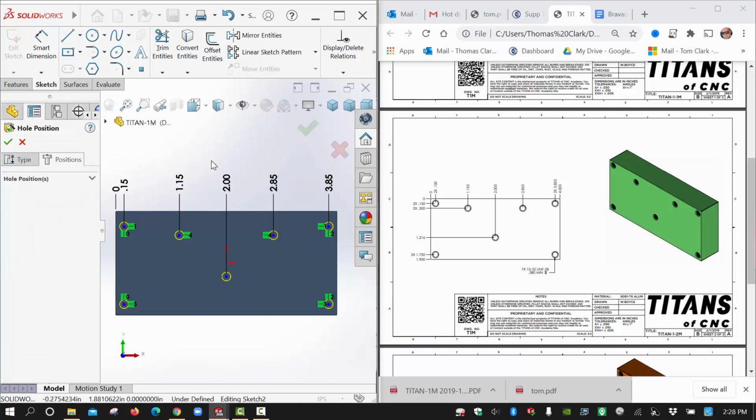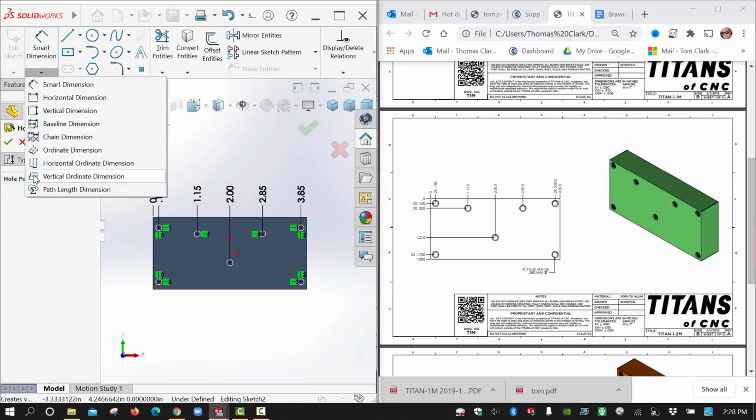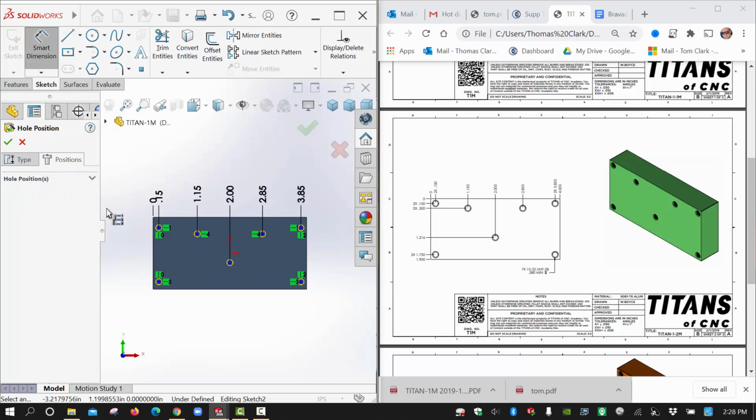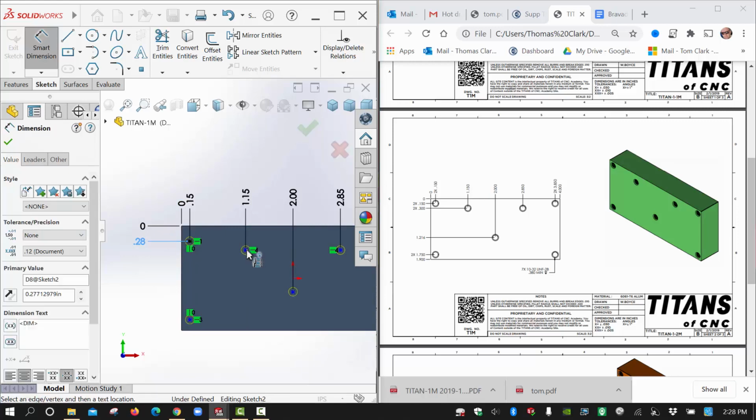Okay, and now I'm going to go back to my dimension tool. I'm going to keep myself here in this positions tab. Be careful I don't check out. If you did, you need to get back into the edit the whole wizard and go back to the positions tab. And I'm going to put down this 0 baseline and set that down, and then I'll come across here and touch each of these